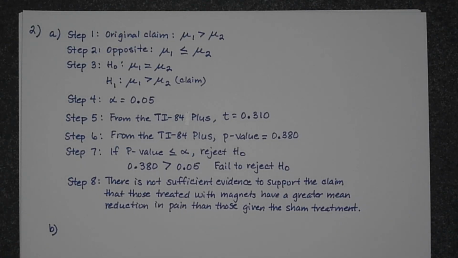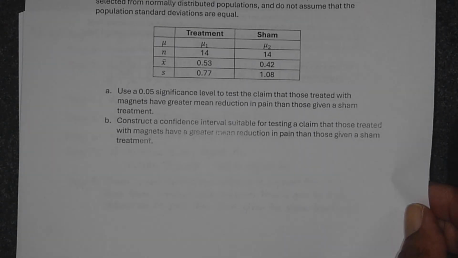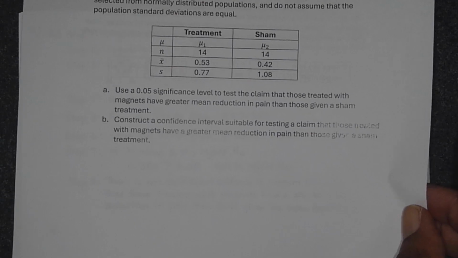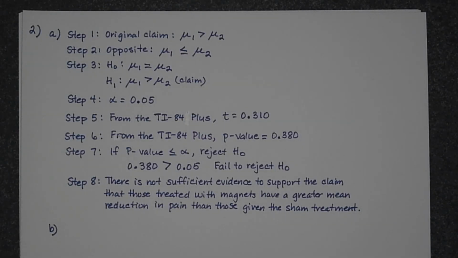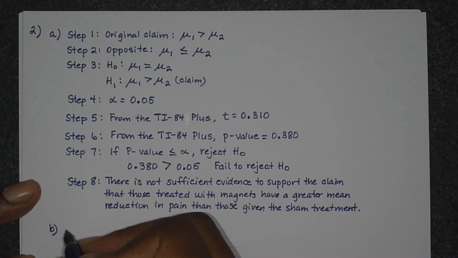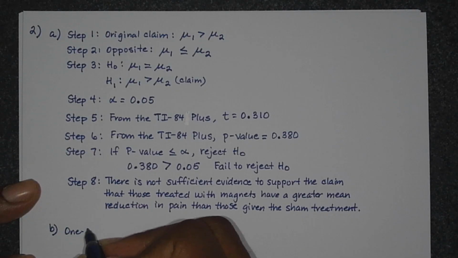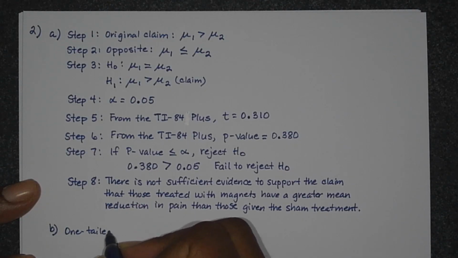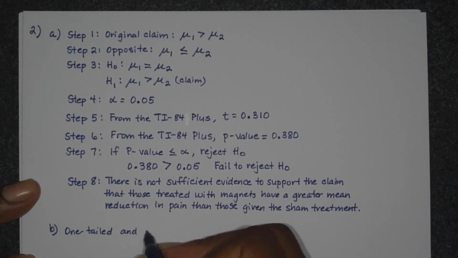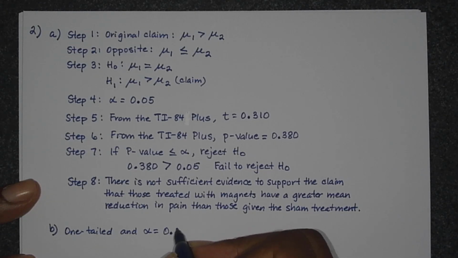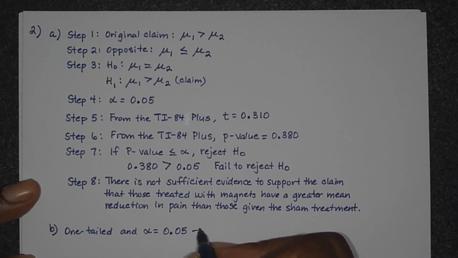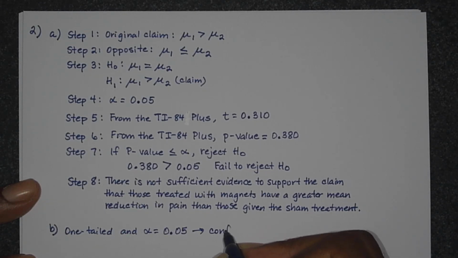Part B is to construct a confidence interval suitable for testing a claim that those treated with magnets have a greater mean reduction in pain than those given a sham treatment. Okay, so in this case here, do we have a one-tail or two-tail test? One tail. And our alpha level was 0.05. That means the confidence level